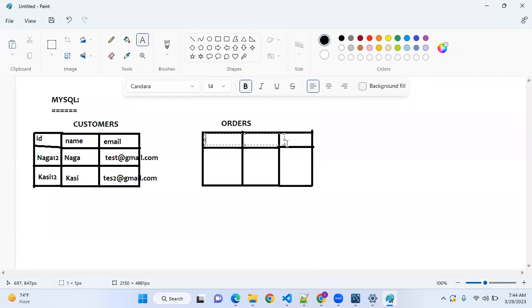So now Naga and I are registered today to an Amazon account, but we have not ordered anything. In that case, do we expect some data in the orders table? No. The table structure will be there, but we don't expect orders to be there, because just because I have registered to the Amazon account, it's not mandatory that I need to order something, right? I might order in future. It is not necessary to be there.